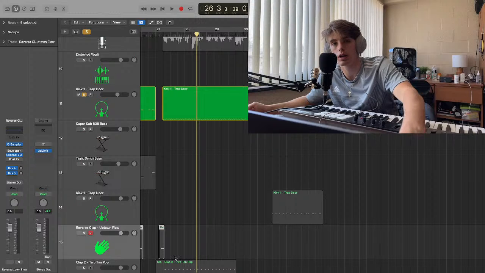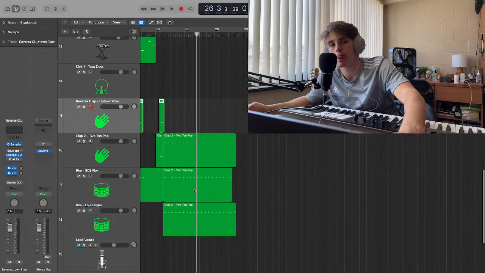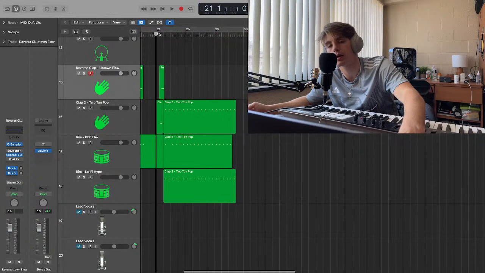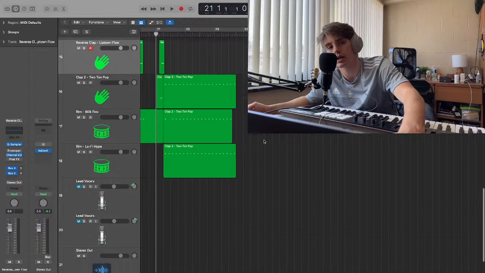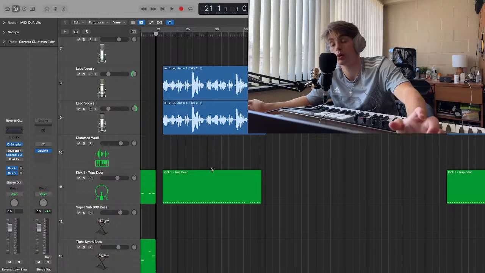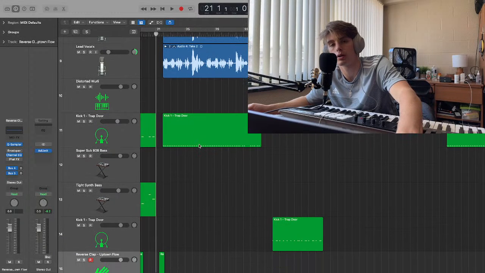So let me go ahead and unsolo this. So that kick, and then I have these claps and the rim, all of it, and it creates a nice effect. I don't know if I like it. I might want to raise one of them up higher because they're kind of low. I want something in a little higher register, more of a snare type of vibe. But we're gonna listen to this real quick so we can hear what I've done in the chorus so far and where I'm going with it.